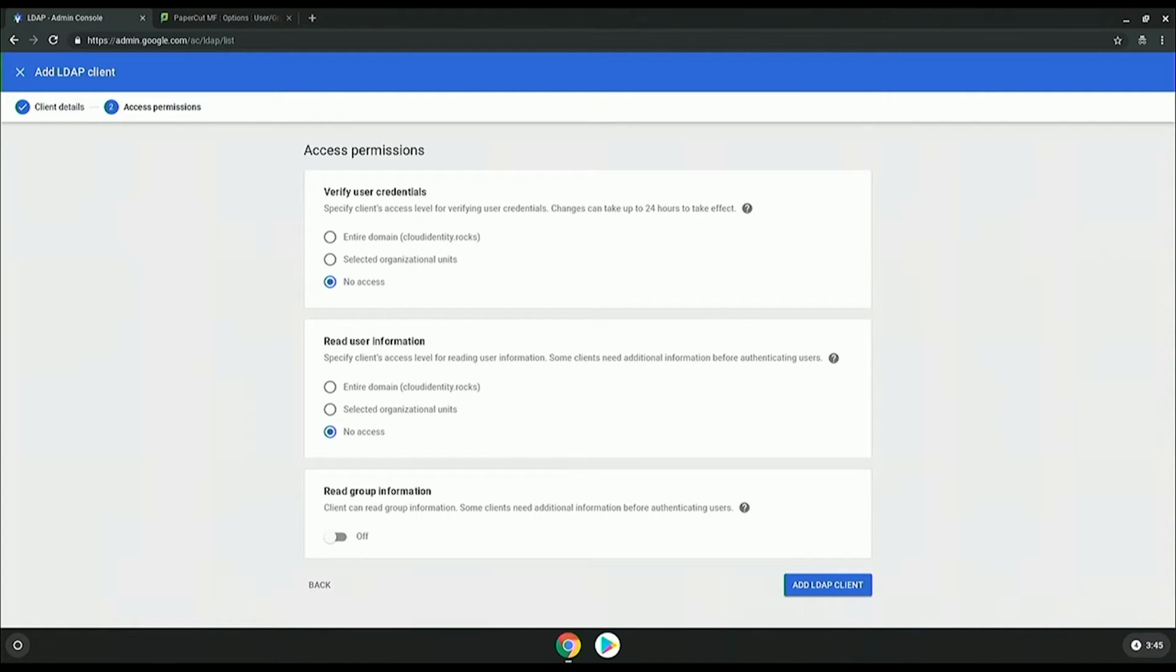All right, so in this screen, you'll be able to apply access control. So you can decide how much you want to expose your directory to this LDAP client. In this particular case, PaperCut, right? So for example, if PaperCut is used by only a subset of people in your company, all you have to